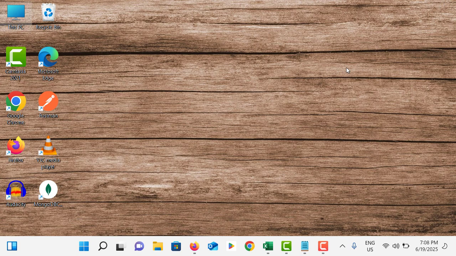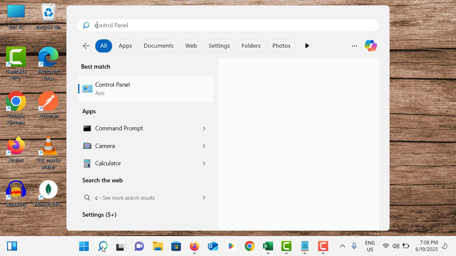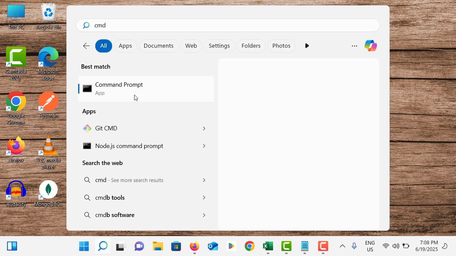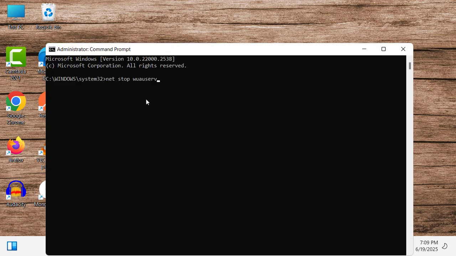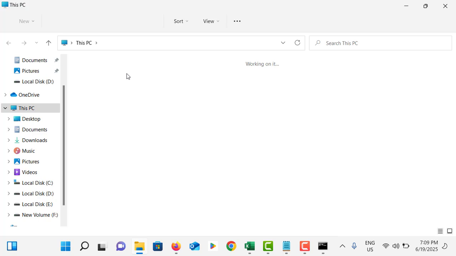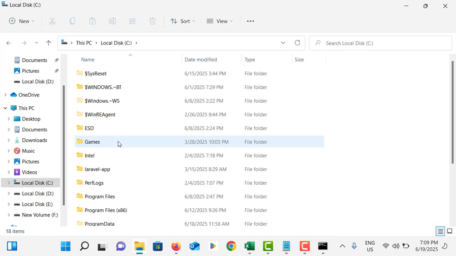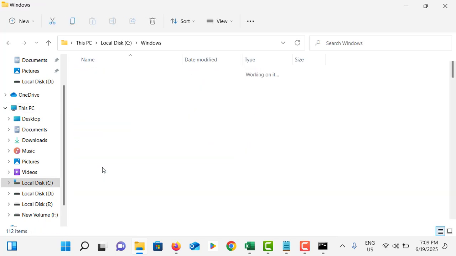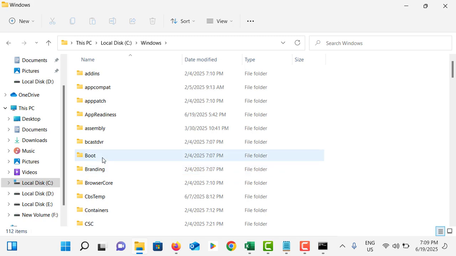Now you can clear software distribution folder by just go to search bar, search for CMD, right click on it, go to run as administrator, type net stop wuauserv, hit enter. Now again type net stop bits, hit enter. Once it is done, you need to go to This PC again, go to C drive, scroll down and go to Windows, find software distribution folder,